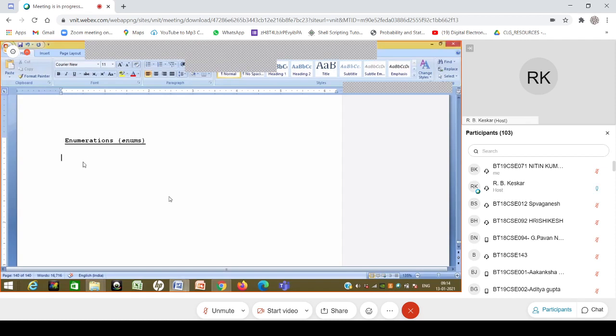So these enumerations are used mainly as a replacement for hash defines. But there is a reason and there is a way in which it can be done.